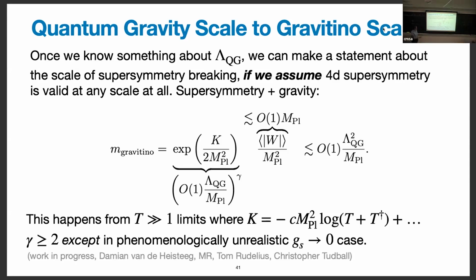And we find that the power is always bigger than 2, except in examples where the limit you're taking is taking g string to 0. So it's a weakly coupled string limit. In those cases, the power is 1. But at least for any way that I know of embedding standard model phenomenology in those examples, g string going to 0 would send all of the standard model gauge couplings to 0. And the couplings we measure in the real world are order 1 numbers. So there's one uninteresting limit, and we don't seem to be living in it. And then there's all the other limits that are interesting.